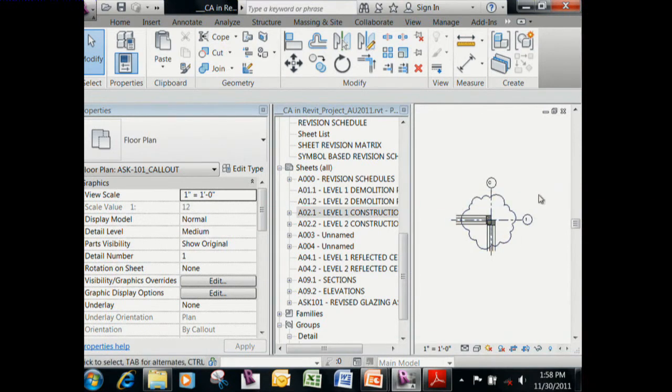You're probably not going to be in conflict with anything that was originally issued because it's a new view and there wasn't anything in there in the first place. I have seen people use plan callouts to create sketches in areas where there already was information, but then